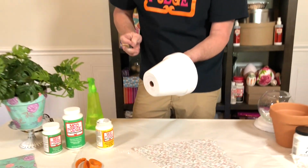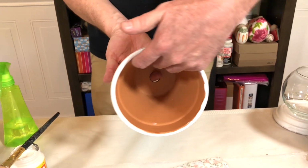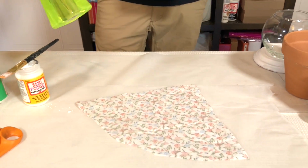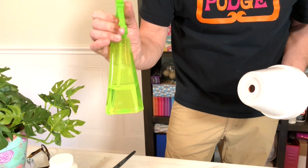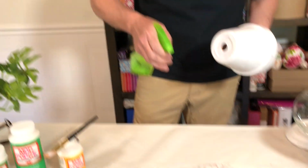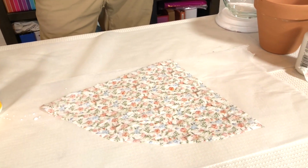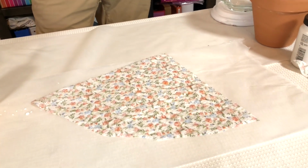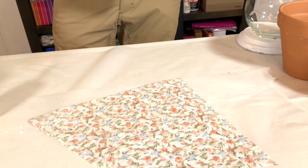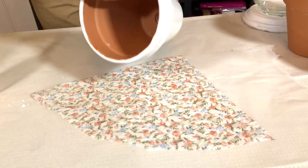Okay, so there we go. There we have it. I have that completely covered. And now I'm gonna drop this down. Oh, first, really quickly, I'm gonna add a little bit of water. I forgot to show you guys this. I'm gonna spritz this with water, just a very, very light mist. And what this is gonna do is eliminate some of those wrinkles. So you can see that water going down, and that's enough. You don't wanna oversaturate that either, because you don't want your napkin to disintegrate. Just a quick little mist, and then I'm gonna drop